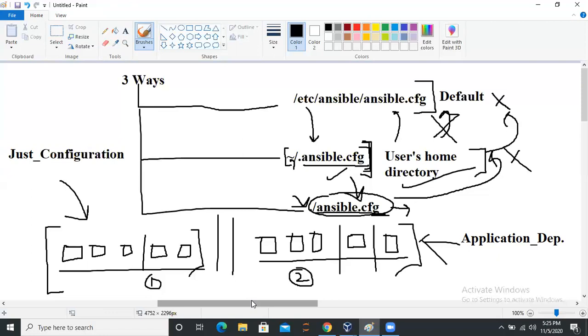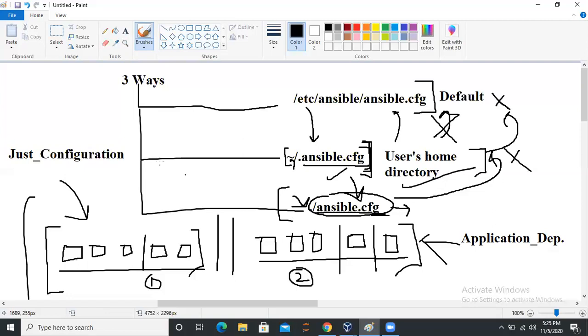Actually, in the case of production, the system won't work like this. For example, I've shown you this particular use case. This use case requires some other configuration. This use case requires some other configuration. So that's why 99.99% of cases prefer this particular scenario in which the configuration file is present only in that directory, in which the Ansible command is executed.